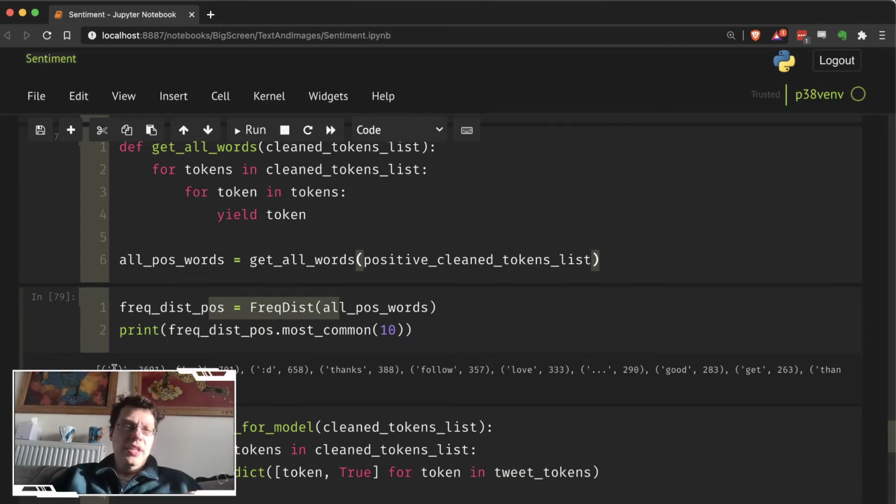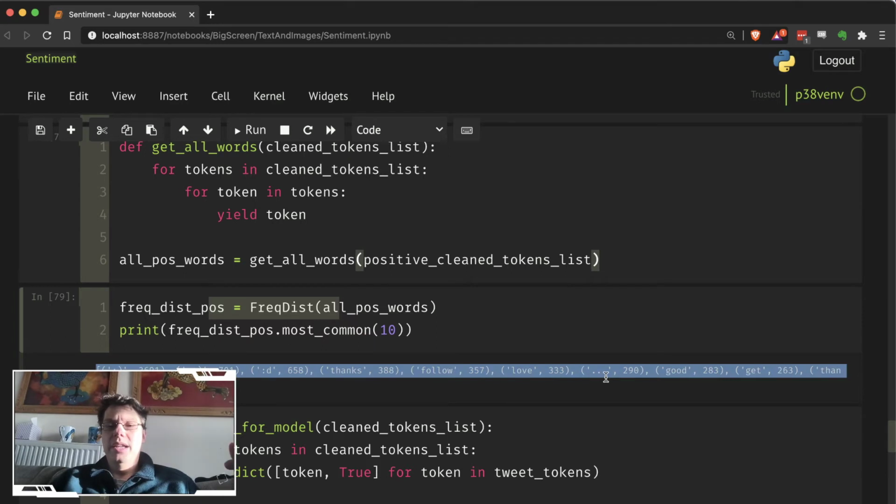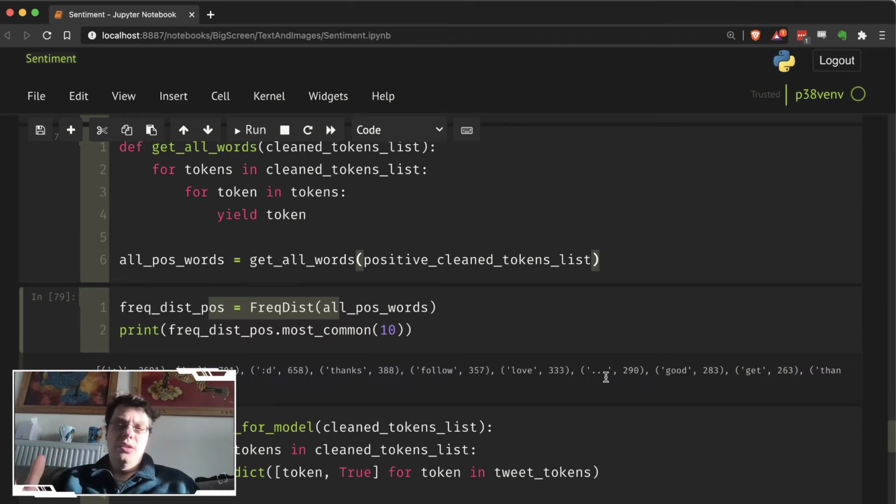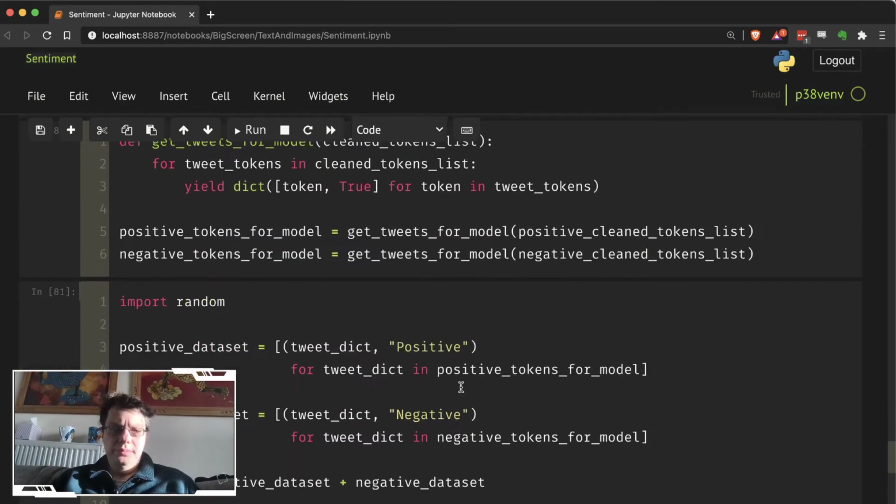So if you've got this, of the 5,000 tweets that were positive, there were 3,691 occurrences of smiley faces. So smiley faces, ASCII art, is a really strong indicator that it's a positive tweet. Similarly, you can then say, well, this many appear in the negative tweets, it's a really strong indicator of a negative tweet. Whereas, weirdly, if the ellipsis appears, 290 of those tweets had it in, so that's an indicator it's positive. They may appear in negative tweets as well, and it's just working out that ratio of all these different words.